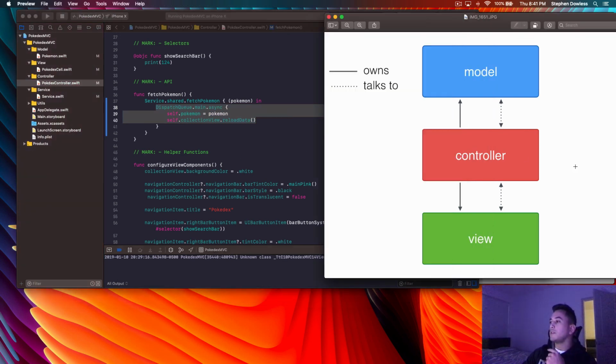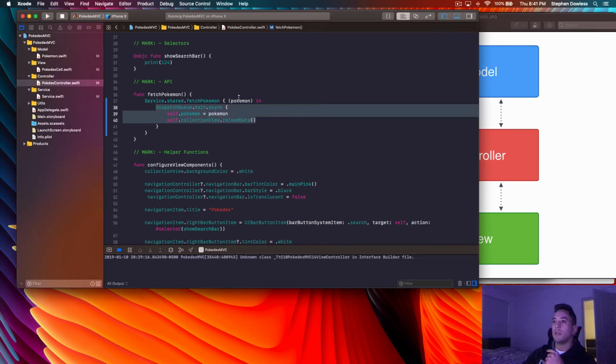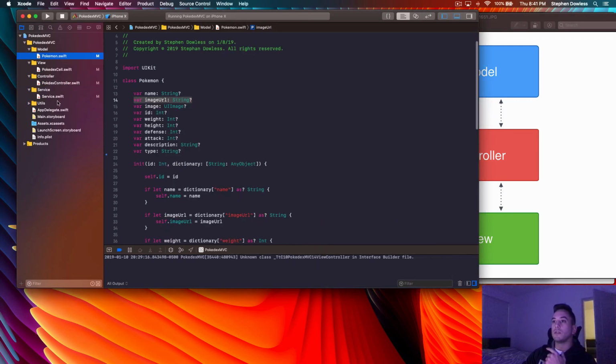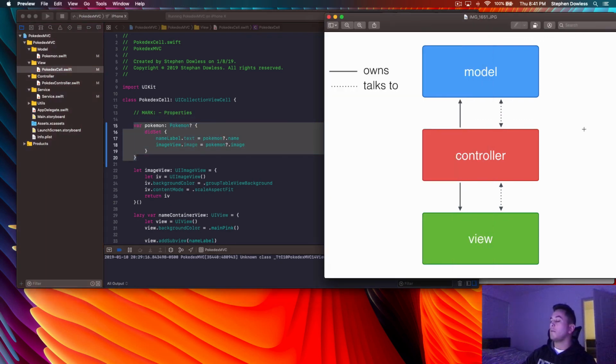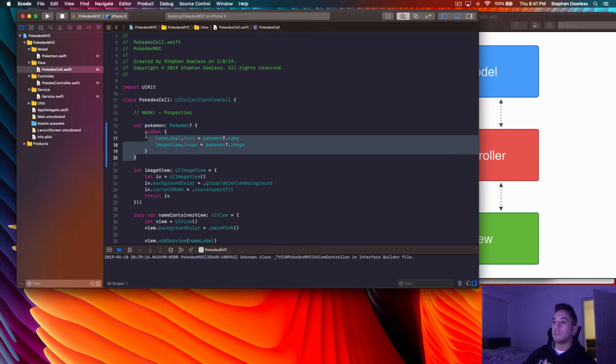And then what we did was we set our Pokemon in each one of our cells, right? So it might be a little confusing to have this Pokemon variable in this Pokemon view class, but remember that it's okay as long as the Pokemon is being configured by our controller, which is what we did in this didSet method.